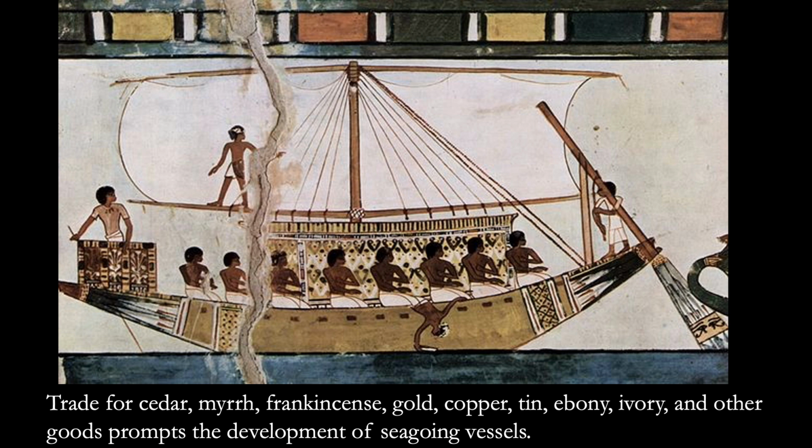And so having a wooden object was actually quite a luxurious thing in Egypt. In addition to that, they're going to do a lot of trading for gold, copper, tin, ebony, ebony's another wood, ivory, which is elephant, but sometimes sea mammal as well, and other goods that they might need or want from elsewhere. And they're able to do almost as much trade as the king wants to do, because they have this